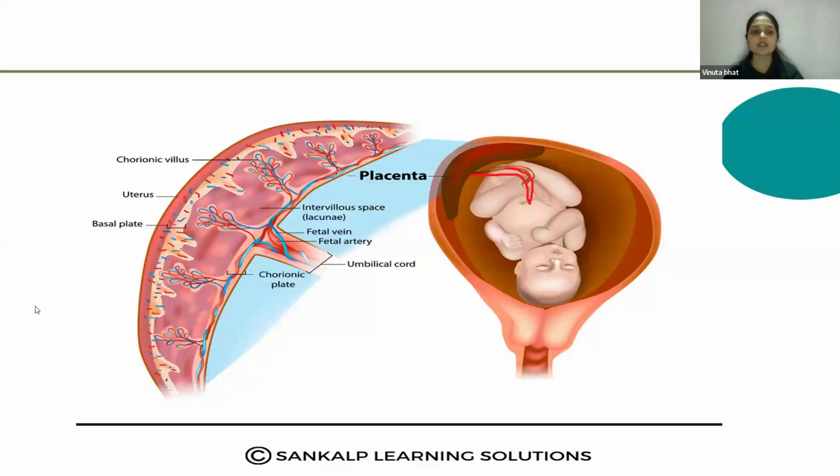That is why it is called the structural and the functional unit of the embryo and the mother, right? Then development